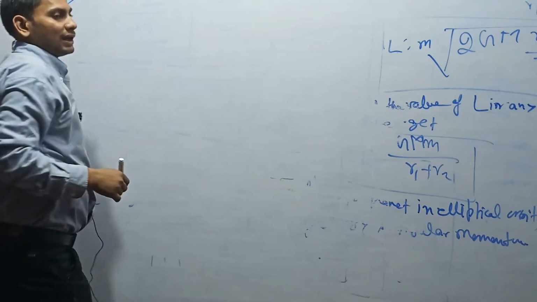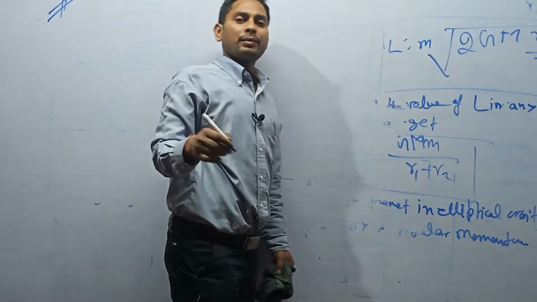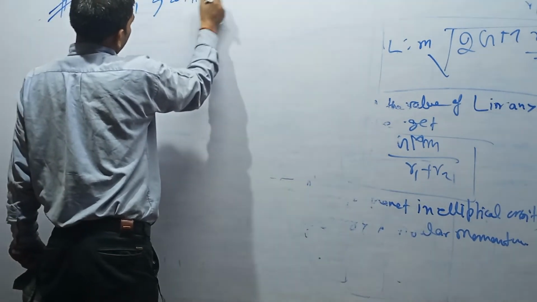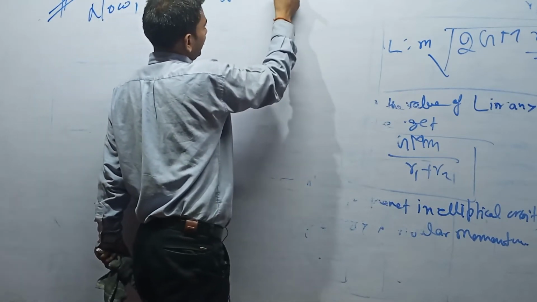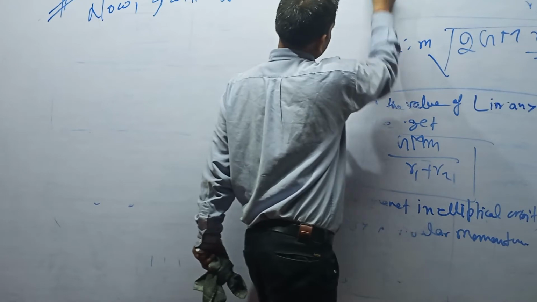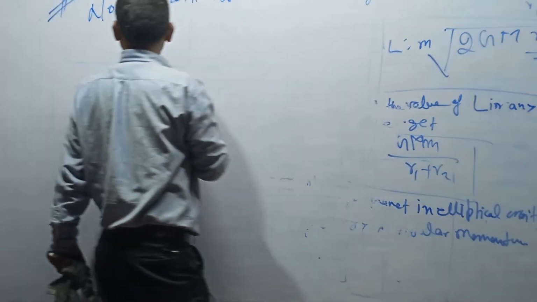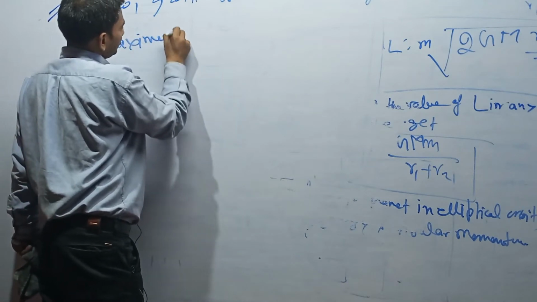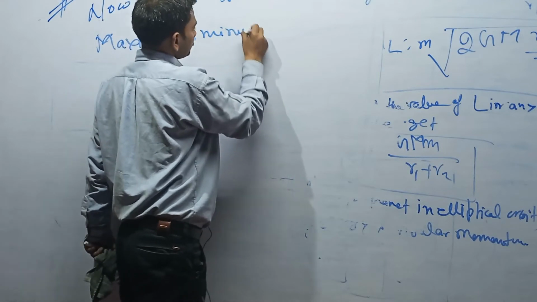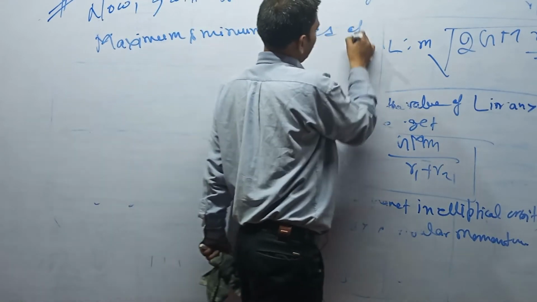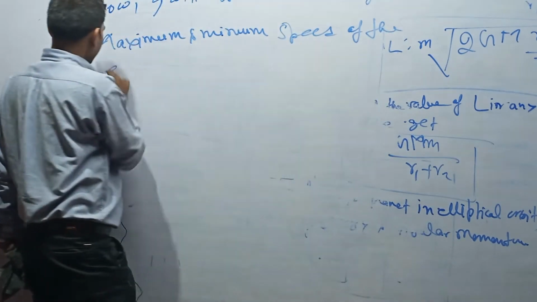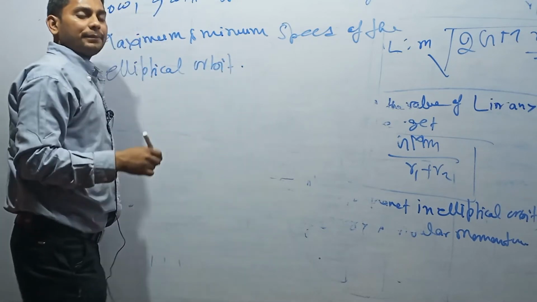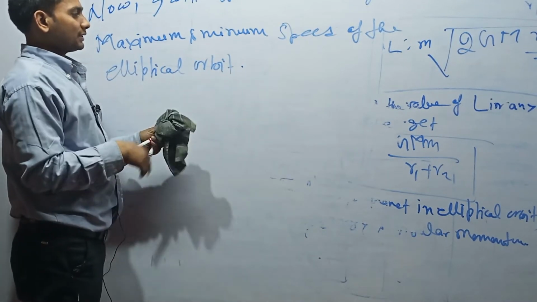Now I will also calculate the maximum and minimum velocity of the elliptical orbit. Maximum and minimum speed of the elliptical orbit, we also have to calculate. So let's see, first of all,